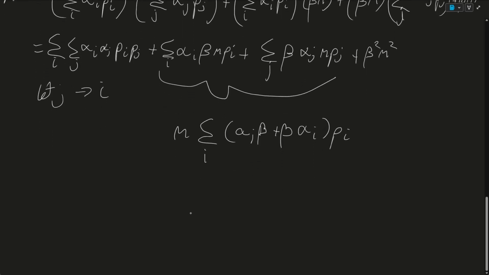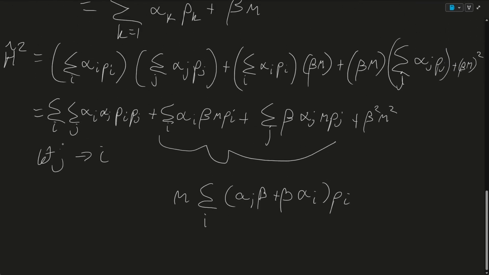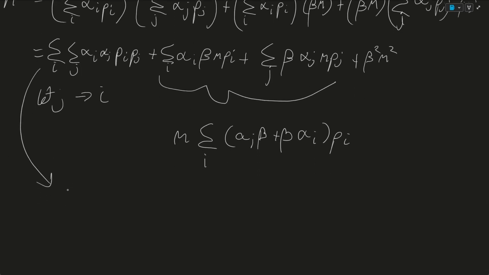And the last thing we can do is analyze this. So if we pull that out down here, the sum over i and j of alpha_i alpha_j p_i p_j is,